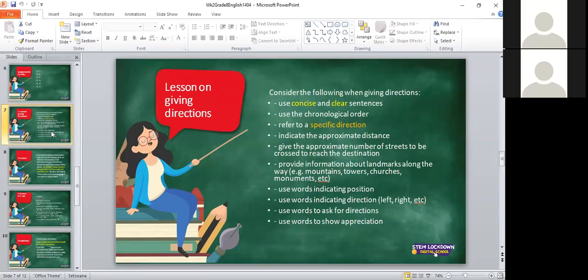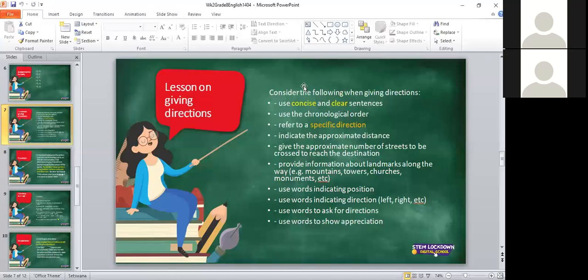You see, the way you give directions, you give them in chronological order. Even the person who doesn't know the place will be able to follow those directions. Even if you are not there with them to hold their hand, they'll still be able to get there and not get lost.